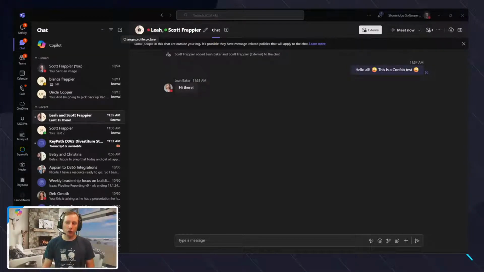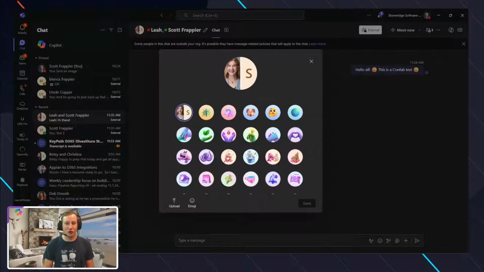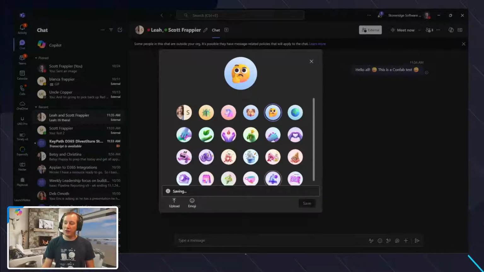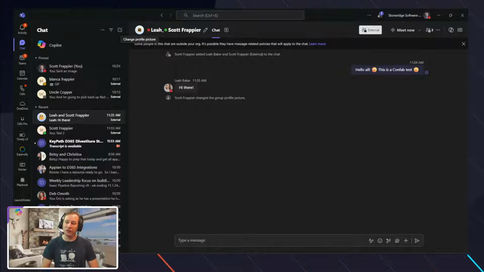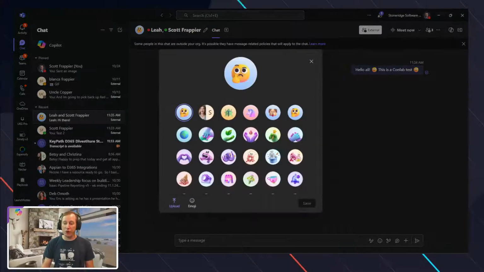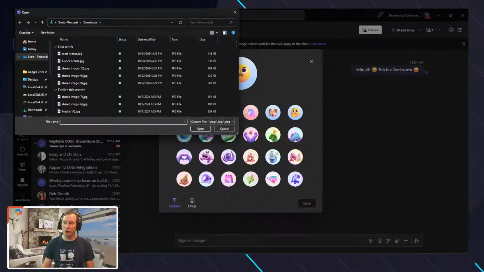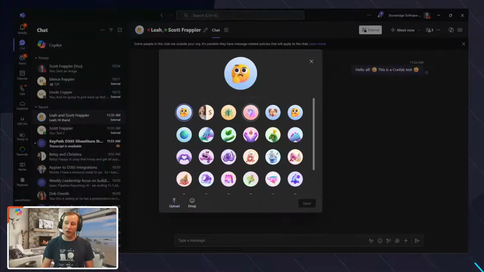First and foremost, if you look at the profile picture up here on the top left, if I click on that profile picture, I can, in a group chat, override basically the icon that's being displayed up there. So if I wanted to say that this one, for example, is a very thinking face type chat that we want to have, what I can do is I can take that chat, make that change, save it away, and we're going to see on the top left that that group picture is now changed. And the cool thing about this is that you can also upload your own pictures if you want to basically then reflect what that value is going to be inside of here. So nice quality of life, grouping of chats.